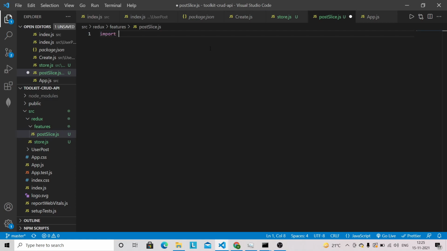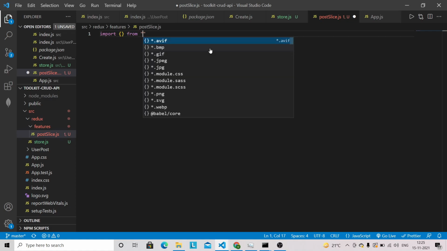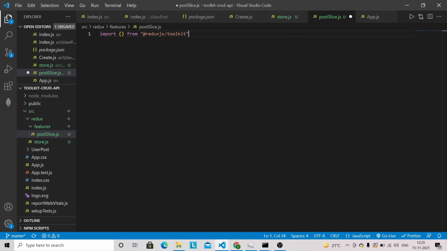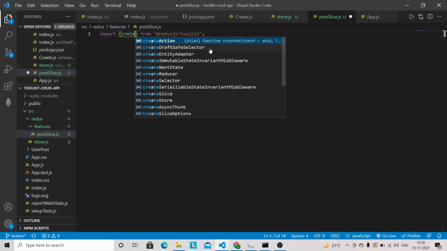We need to bring createSlice and createAsyncThunk from our Redux Toolkit.